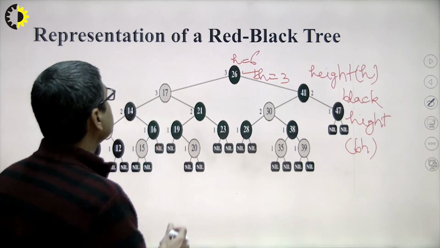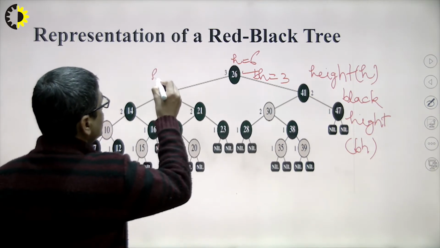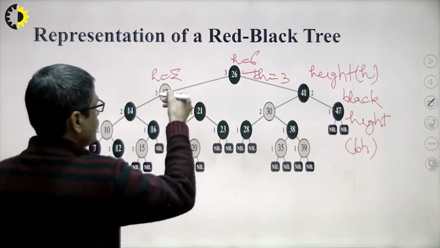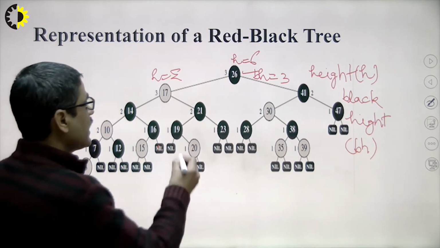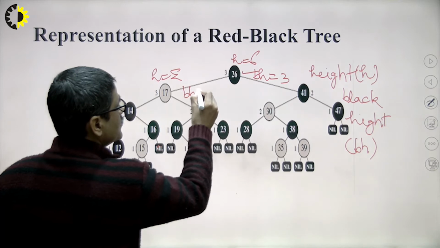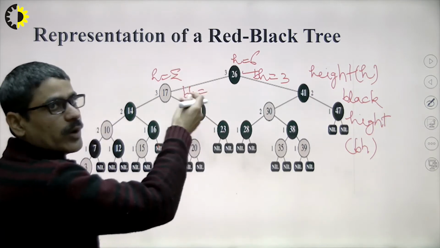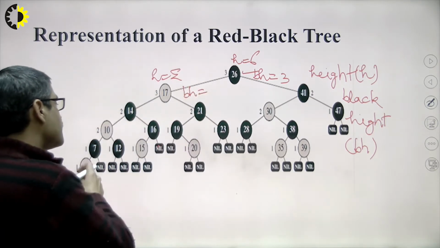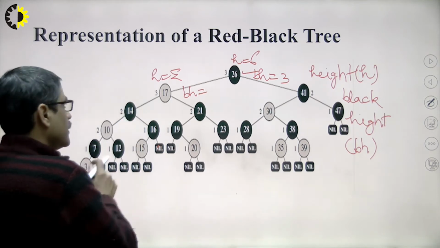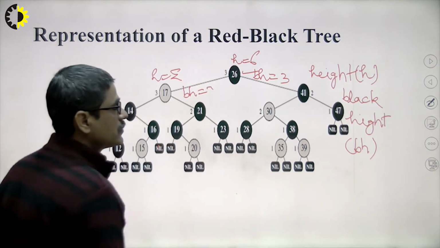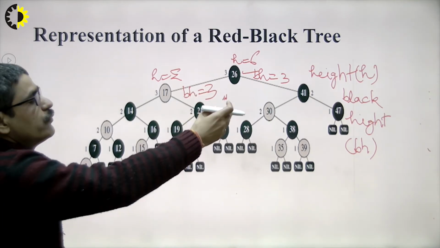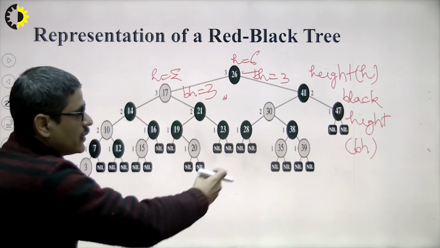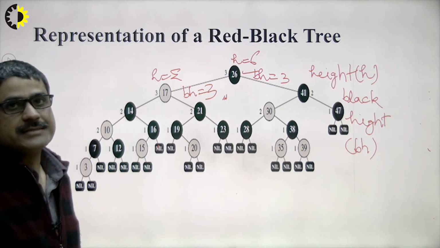If you are talking about this 17, the height is what? Definitely 6 minus 1, because one node is just removed from this place. Then what is black height? Black height equals, excluding that node, whatever number of black nodes appear in this path. So 1, 2, 3, this black height equals 3 simply. So if you want to calculate the black height of all these nodes, you get the black height,